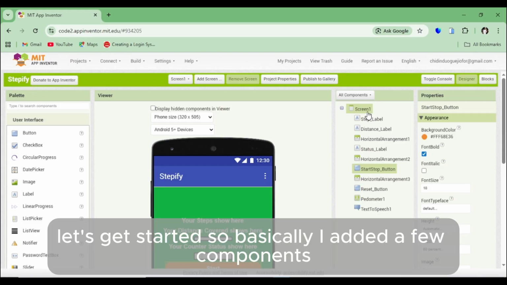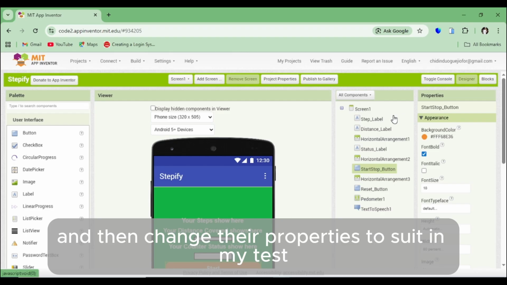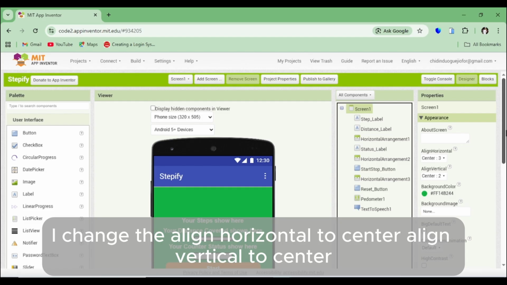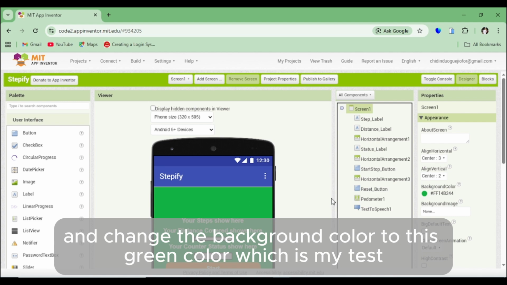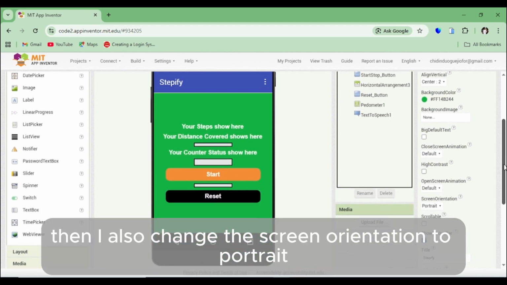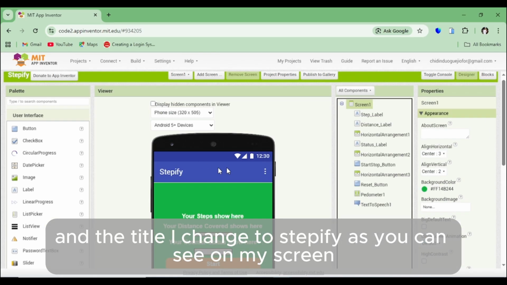Let's get started. So basically I added a few components that could help me make my app work, and then change the properties to suit my taste. For example, the Screen1 property, I changed the align horizontal to center, align vertical to center, and changed the background color to this green color, which is my taste. Then I also changed the screen orientation to portrait, and the title I changed to Stepify, as you can see